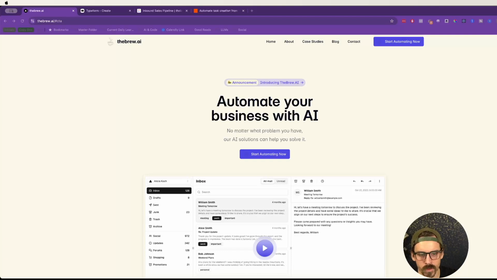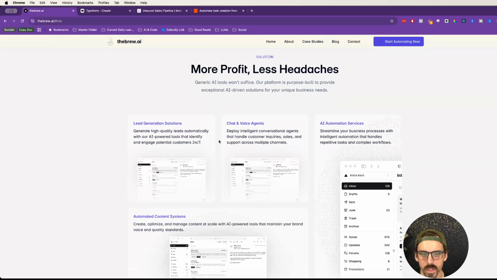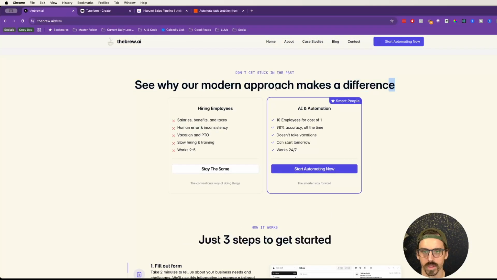So to set us off on the right foot here, first I'm going to show you what exactly it is that we are dealing with and what I'm going to be showing you how to set up. We have our agency site here, and there's different sections on it, right? So we have our header, what we can do, types of things we can help with, types of solutions that we have, a little comparison table,